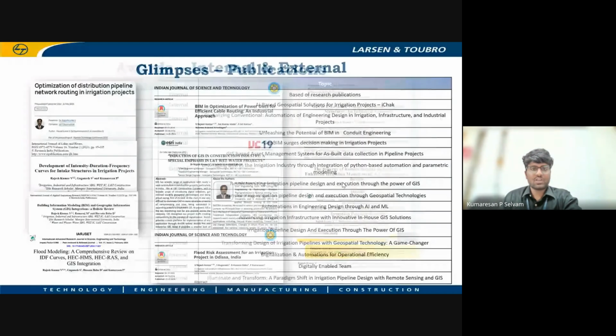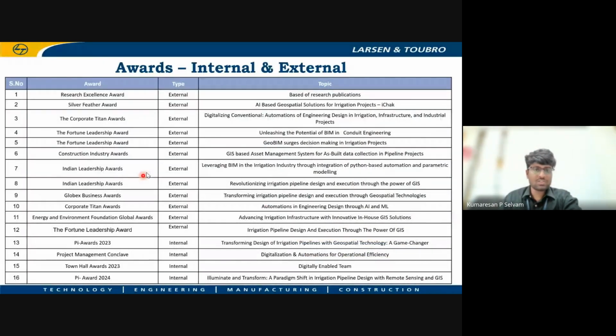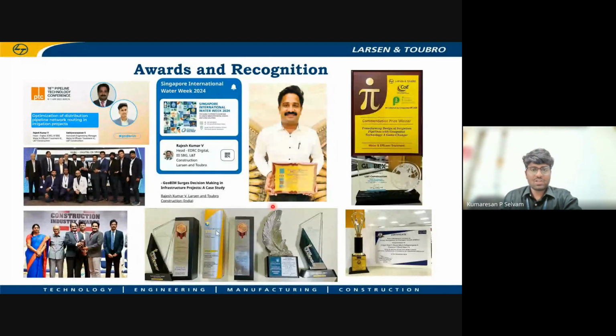And this is a glimpse of some of the awards, both the internal L&T Construction awards and external awards, which we have won based on the solutions which we are providing to site. And these are some of the awards and recognitions which we have secured.